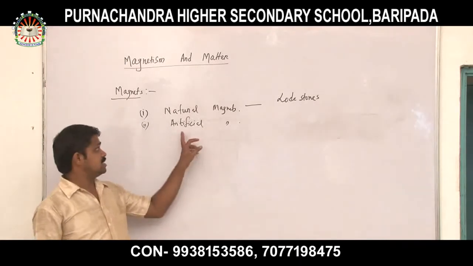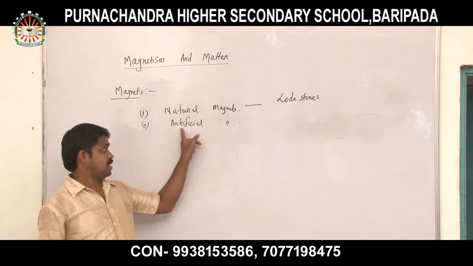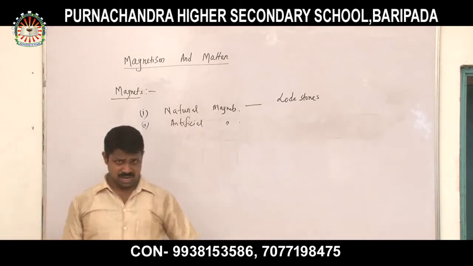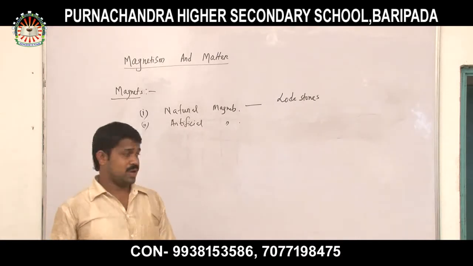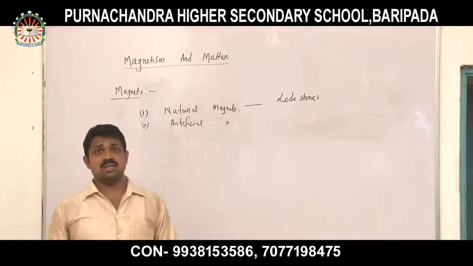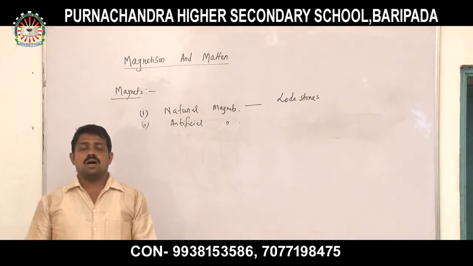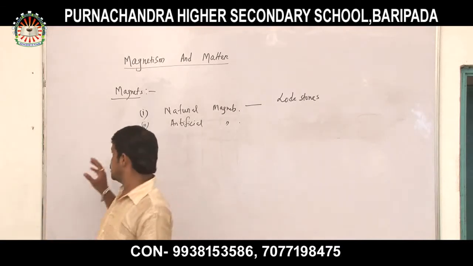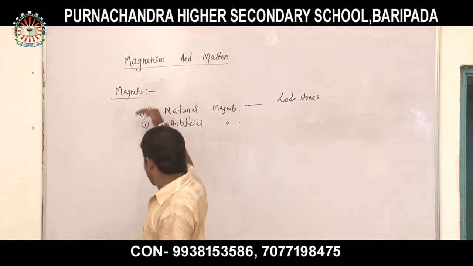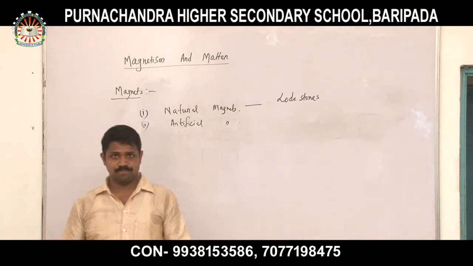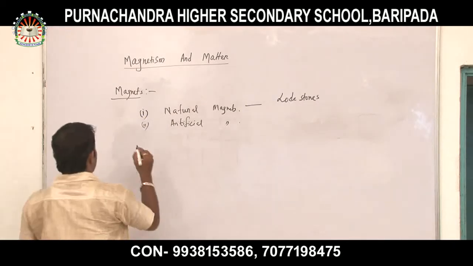So artificial magnets have a strong magnetic field, whereas natural magnets have a weak magnetic field. Understood all of you? Okay, so these are some of the important types of magnets available. Okay, so next, another important